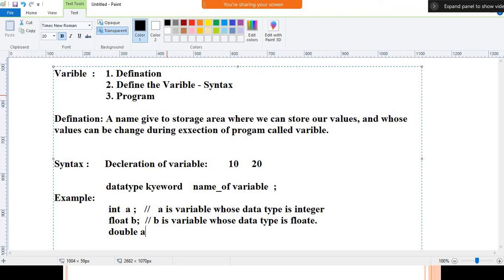We all know the rules and regulations of identifiers. After that, we must understand the concept of the semicolon. We need to use it.